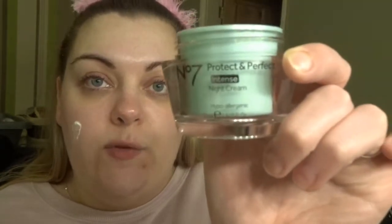A good tip, I'm using my number 7 Protect and Perfect night cream, which is hypoallergenic and anti-aging, so you're never too young to start on the anti-aging, and I've been using this for years. But yeah, the tip that I was going to tell you,